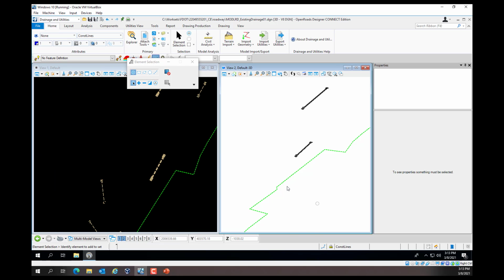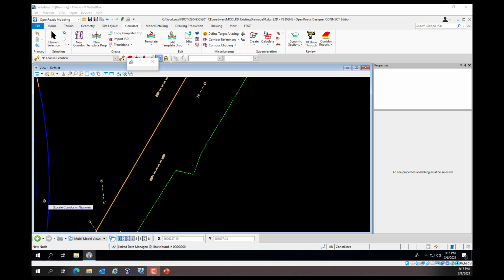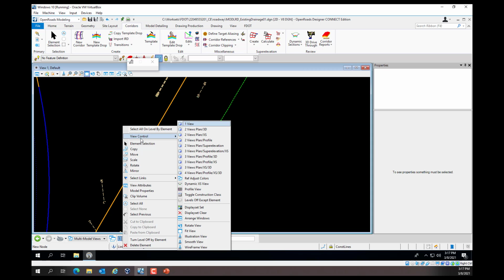To view in 3D, this would be exercise 5.4, viewing the drainage structure in the 3D view. So we can right-click and hold to bring up the view controls, and we'll search for 3 views.